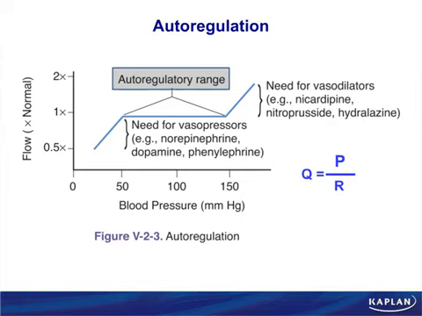Now, if we go beyond the autoregulatory range, as we indicated, if blood pressure is too low, then clinically, here's your need for vasopressors like norepinephrine, dopamine, phenylephrine, etc. If blood pressure gets too high, then you may need a vasodilator, as indicated, like nicardipine, nitroprusside, hydralazine, etc. A lot of those drugs that we mentioned when we were discussing the idea of things that vasodilate and vasoconstrict